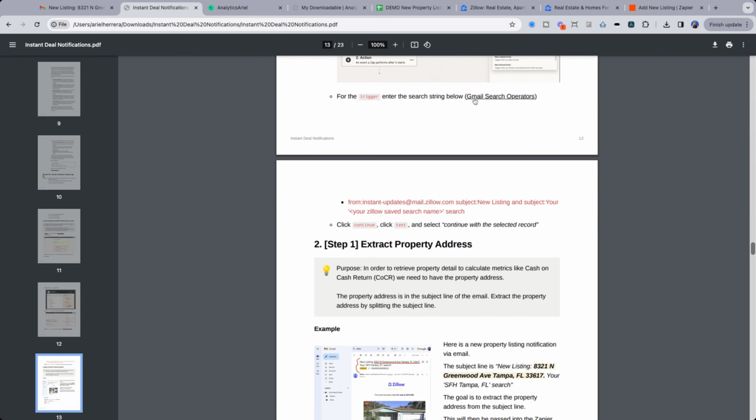So we're going to use Gmail search operators. This is a common thing that if you want to search for unread messages or those that came from a particular email address, you can do so using Gmail search operators. In this case, we're going to look for emails that come from instantupdates@mail.zillow.com. The subject needs to be new listing, and it also needs to contain our search name